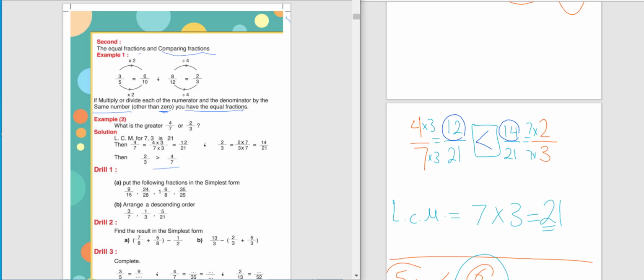So 2 over 3 more than 4 over 3. Don't forget to put